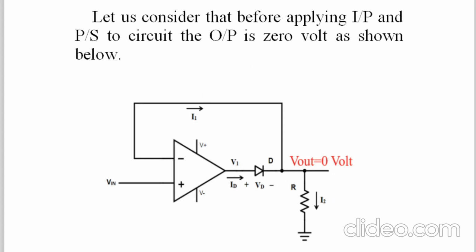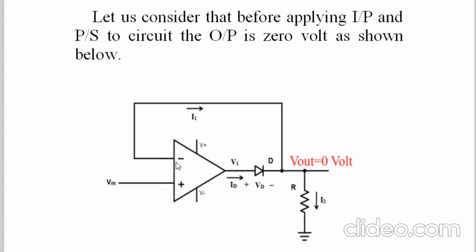Now we'll turn on the power supply. Here in the next diagram, plus 12 volt would come, here minus 12 volt would come, and we'll also apply the input sine wave. So the sine wave goes in the positive half cycle, then the sine wave goes in the negative half cycle. So as soon as you apply the input, remember, look at the diagram again and again. Before turning on the power supply of the op-amp and before applying the input to the op-amp, we have considered the output voltage is 0 volt. So this 0 volt is the output here, and that is given to the inverting input.